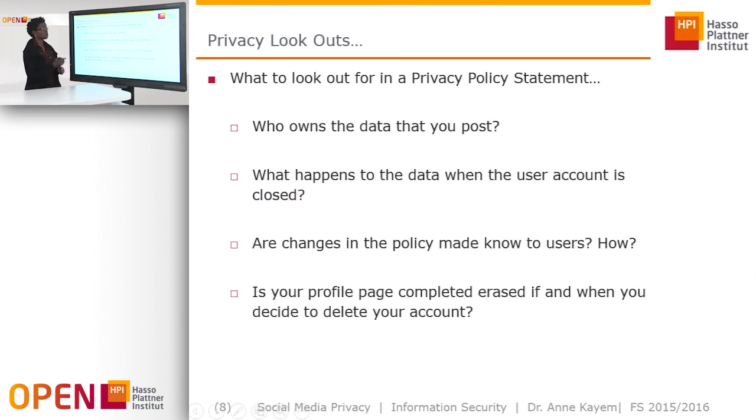So for example, you want to find out exactly who owns the data that you post. In most cases, it's usually that the service provider owns the data, okay? You want to find out what happens to the data when your account is closed. So on a lot of social media platforms, you never really have deleted or closed your account. It always exists somewhere in some dormant form, and you could, if you wanted to, reactivate it